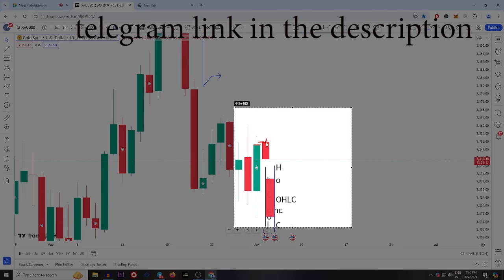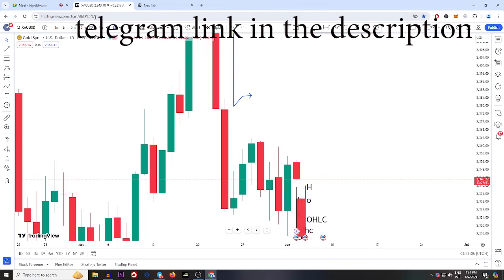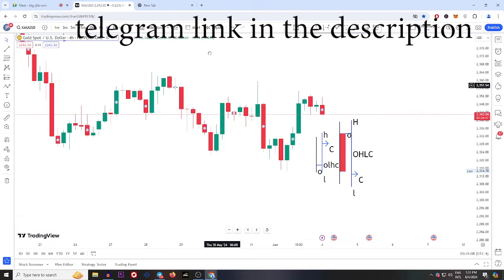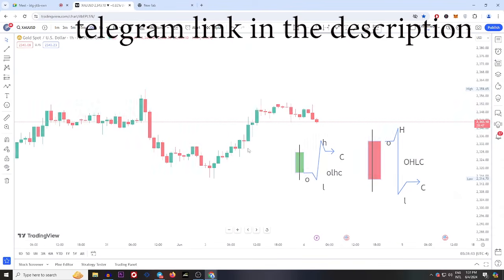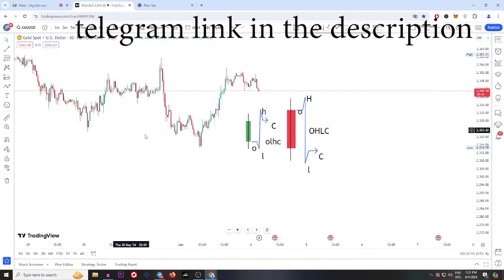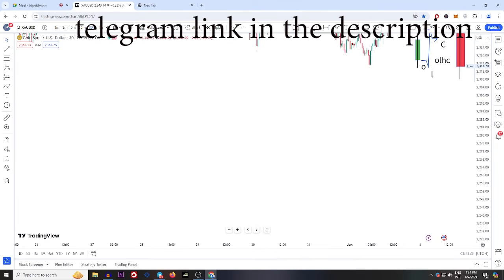This is the open, this is the close of this previous day's candle, and it is the open, right sir? It started to go a little bit to the upper side first, and then it started coming down to the bottom side. Okay sir, so it is the nature of the candle, and that is the reason we draw it. If you see here, particularly here, look, we have a high and we have a low. Also at the same time we have open and close. Right, sir? Now we are going to see the